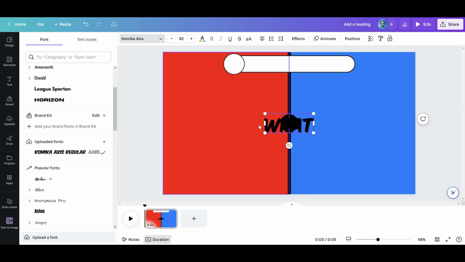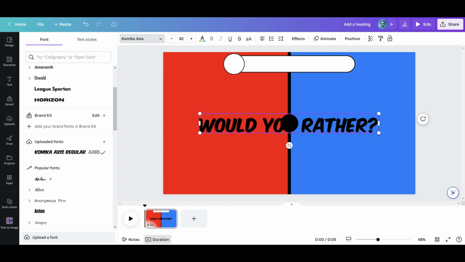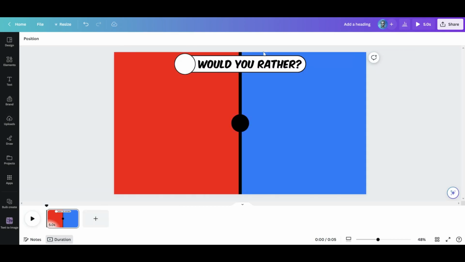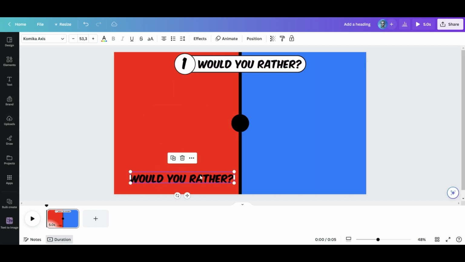The first thing we are going to write is, "Would you rather" in the white rectangle and with the black font. In addition, we are also going to add the numbering to the left. In this case, we will put the number 1. What we are doing now is filling out a template so that we can later use the bulk create option to create many videos. Now, we are going to copy and paste with Ctrl-C, Ctrl-V, the text from top to bottom